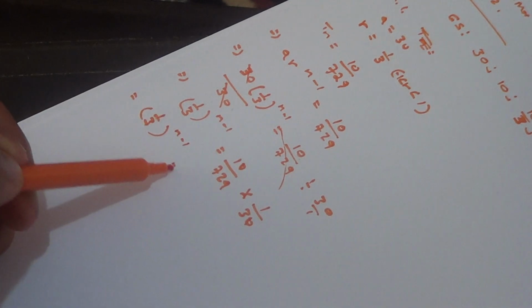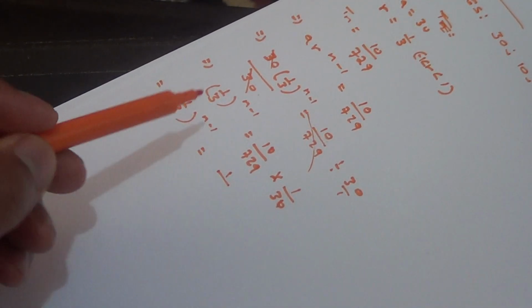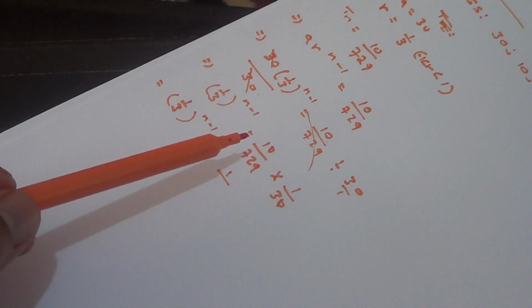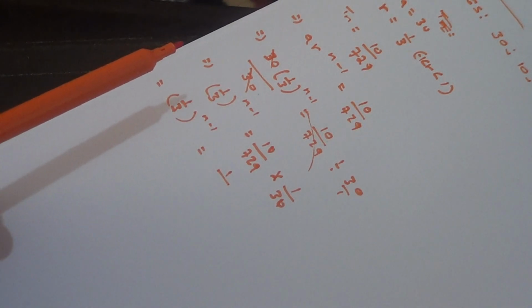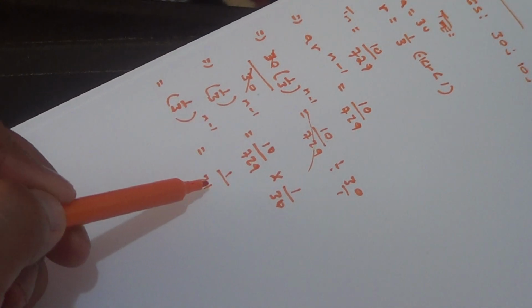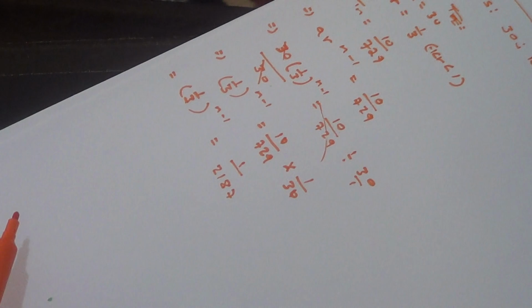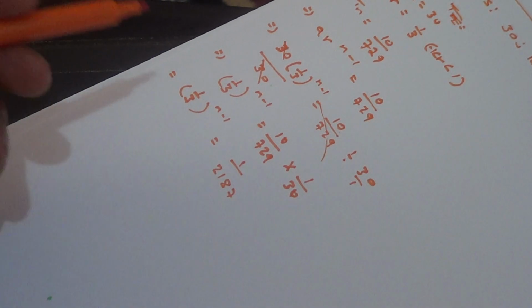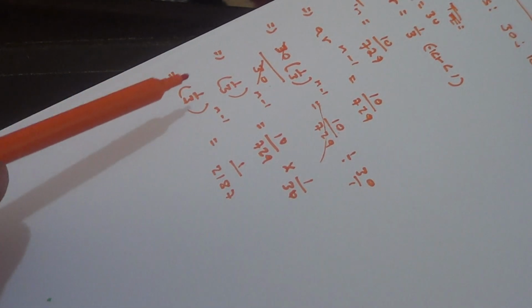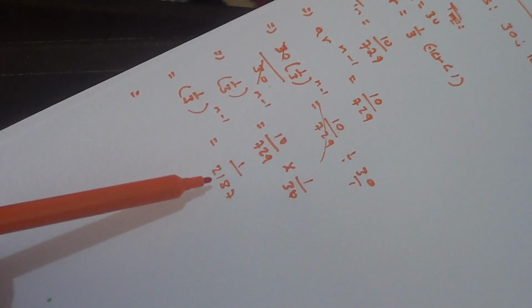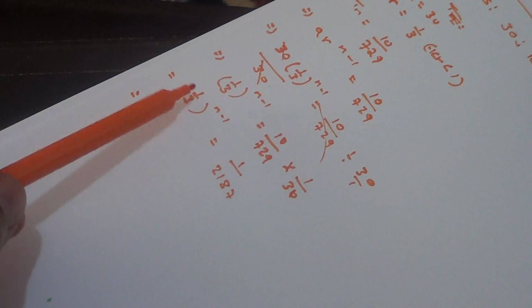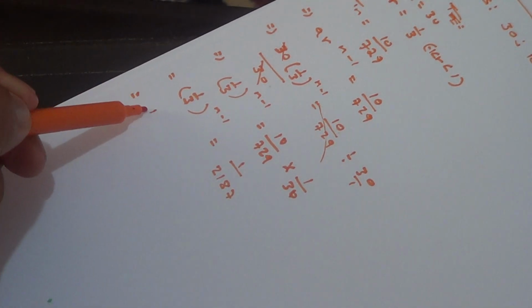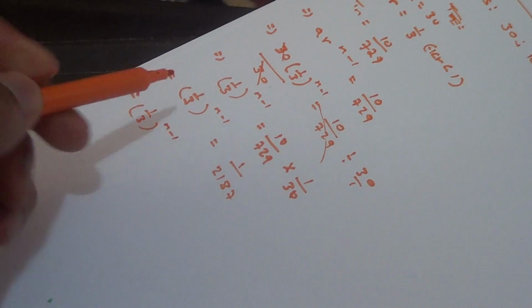to the n minus 1 equals, now this is going to be 1 over, now 729 times 3 is 2187. Okay, no problem. So here you can have a bit of a challenge. You can do logs. I mean, it's up to you what you do here, but I just love the exponents. So I know that if I have that base, I can try and see if I cannot convert this to a similar base like that. So this is 1 over 3 to the n minus 1 equals